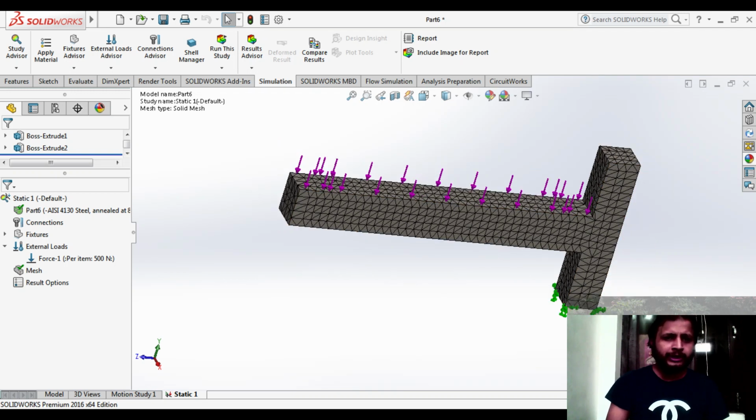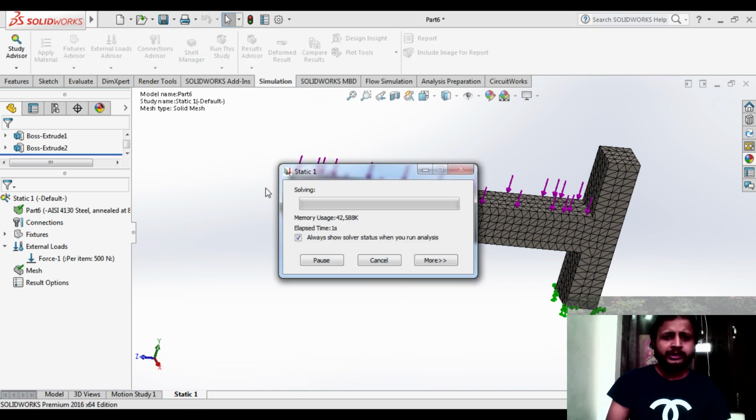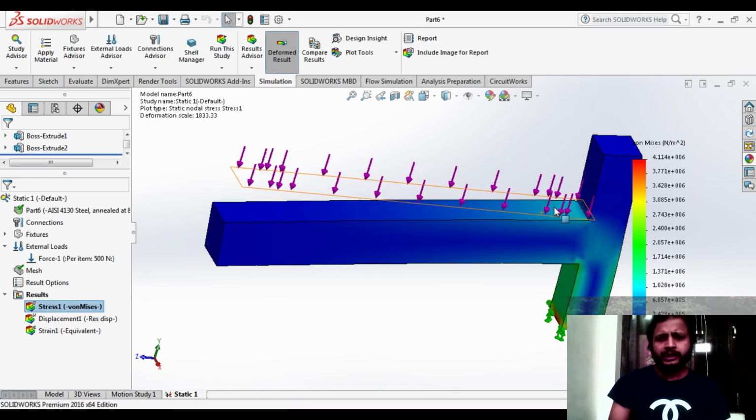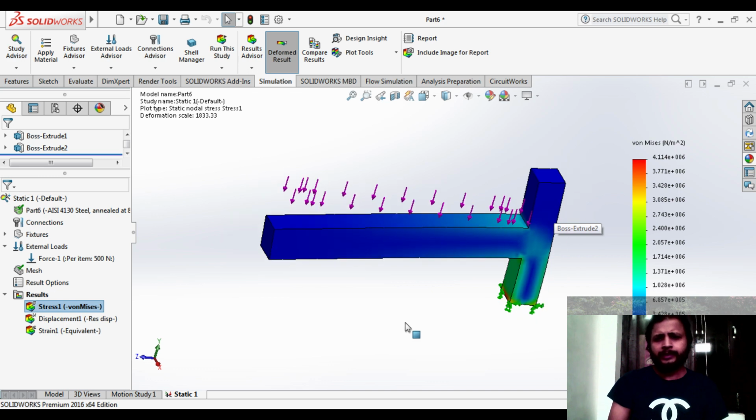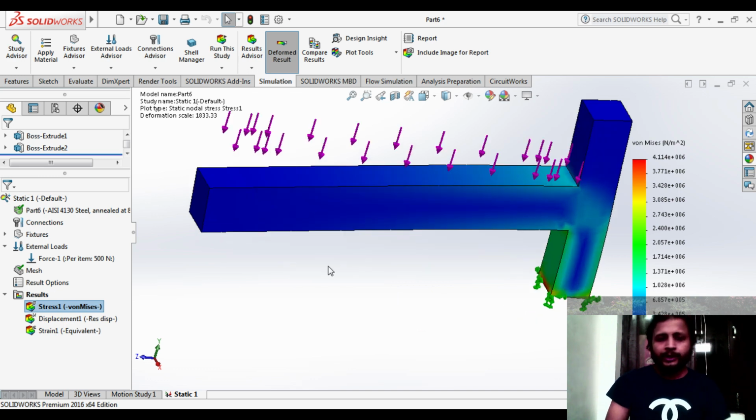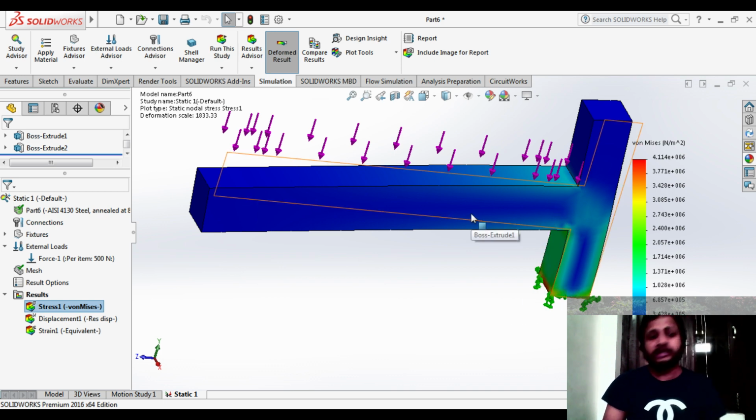You have applied the forces, and fixing is also done. Now friends, I know you remember the next step. For your report you can save this image. When you click here, the report will generate. Run this study. So it's under process. Here you can see you have completed this particular thing. Because the object is fixed here and this is strong enough, when you apply the force, it will try to break from here. So maximum deformation will take place at the fixing point in this particular example.